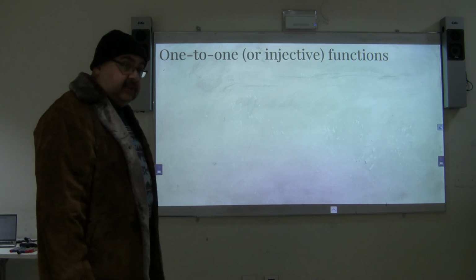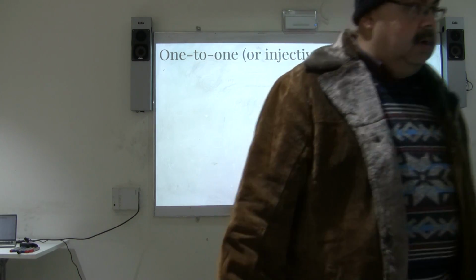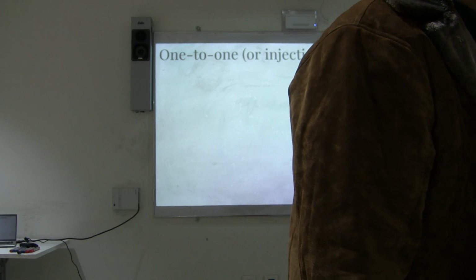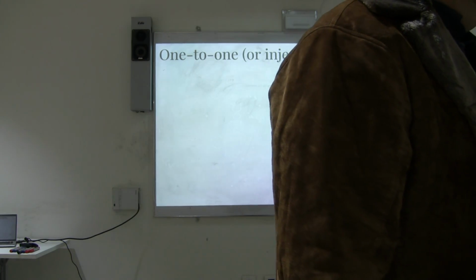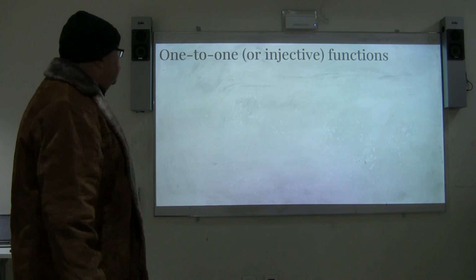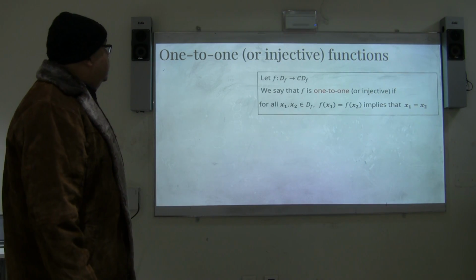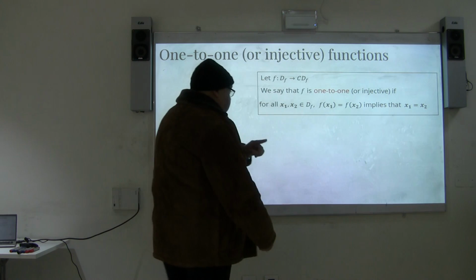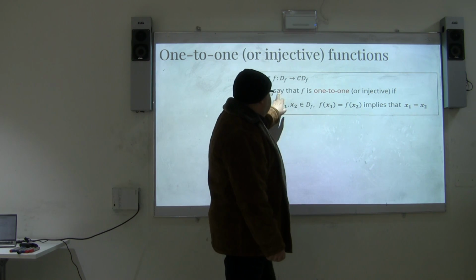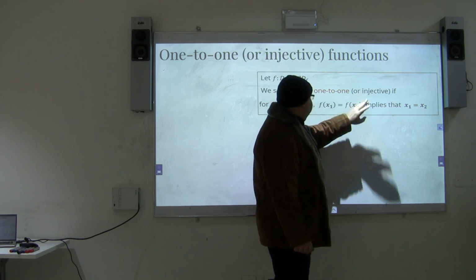The general injective: the outputs equal to each other means the inputs in the domain will be equal, otherwise different numbers in the domain would give different values in the codomain, in the range. So this one is one-to-one or injective functions. So the definition states, as we were talking together, that we say that f is one-to-one or injective if